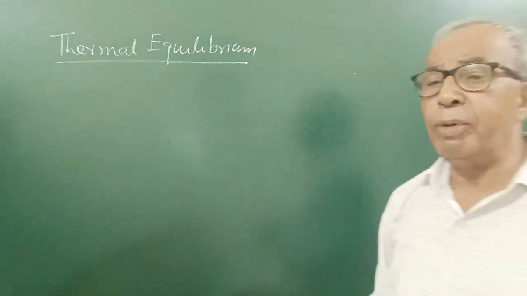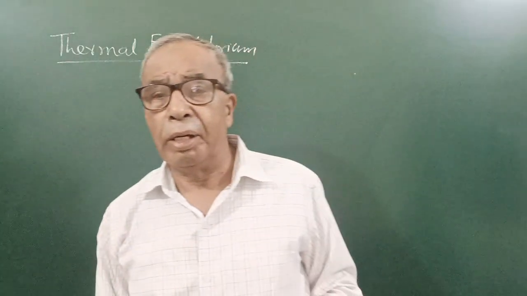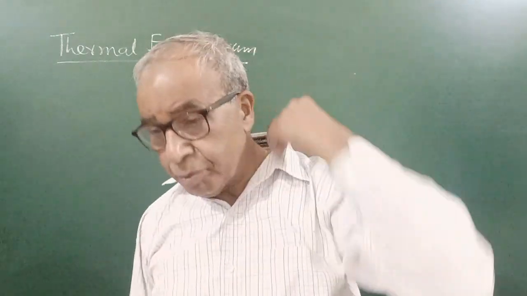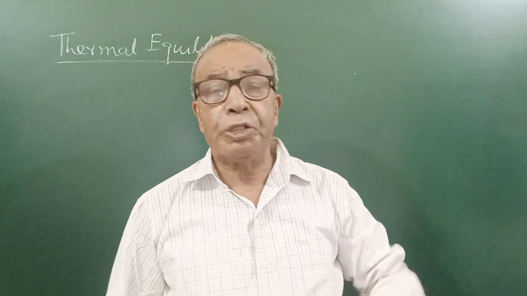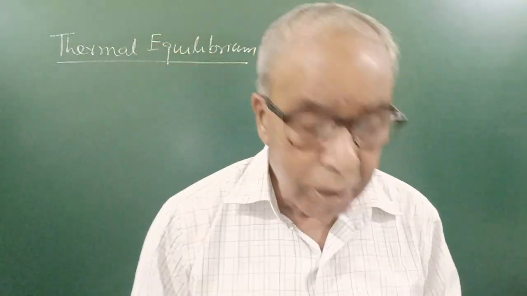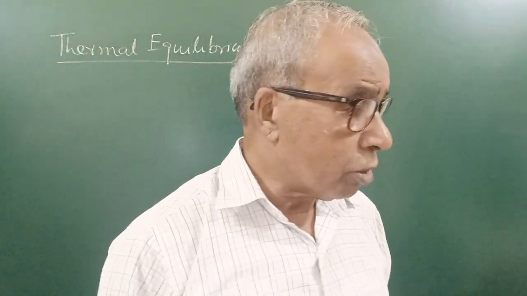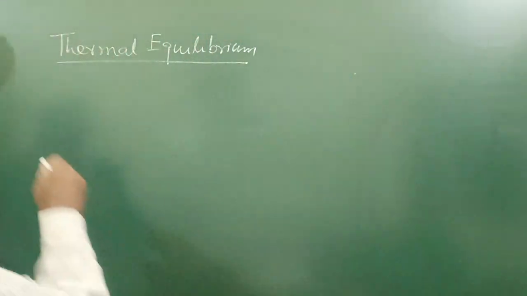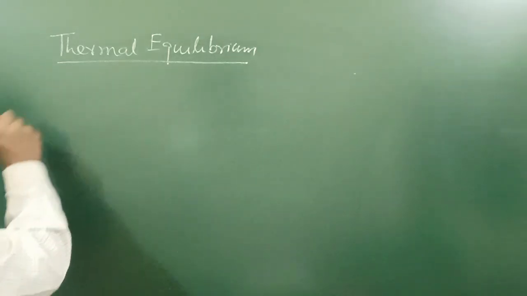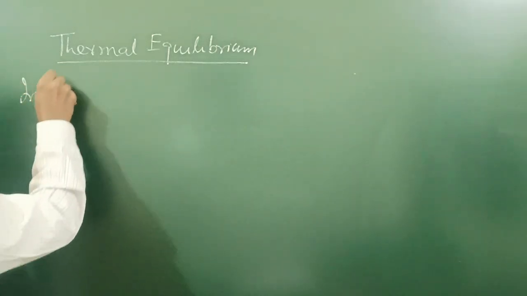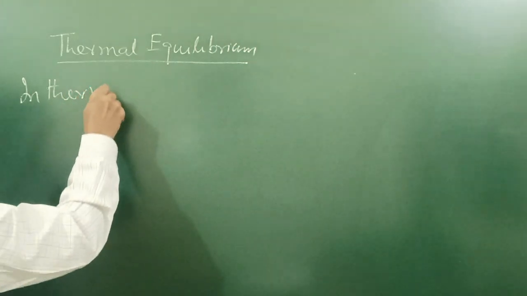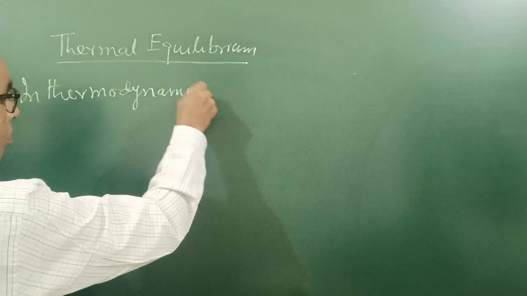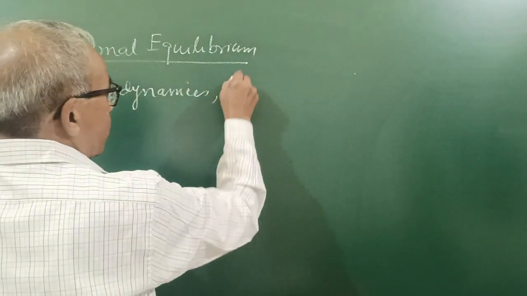If the variables of a system connected with another do not change, they may be different but do not change, then the two systems are said to be in equilibrium. In thermodynamics, thermal equilibrium